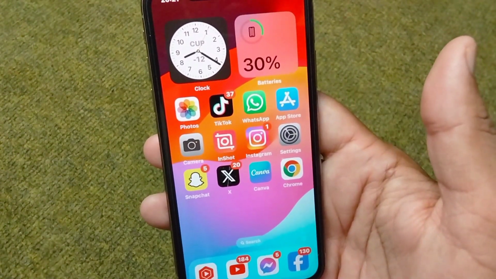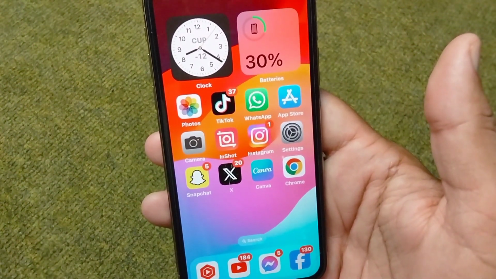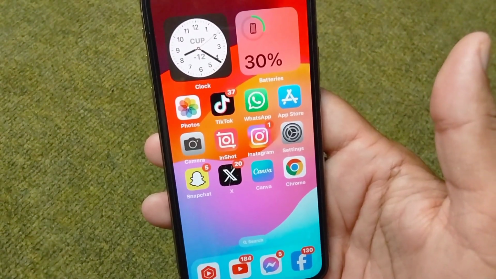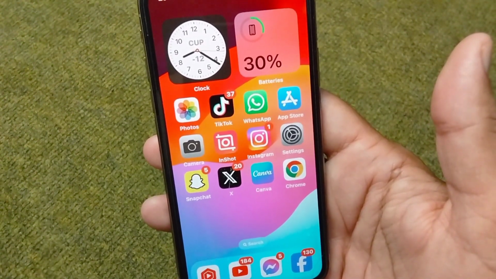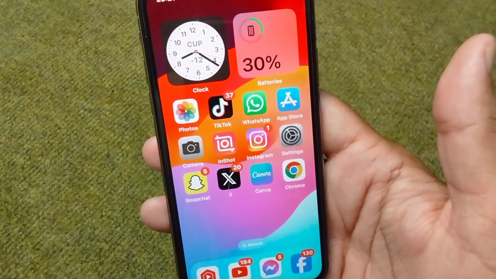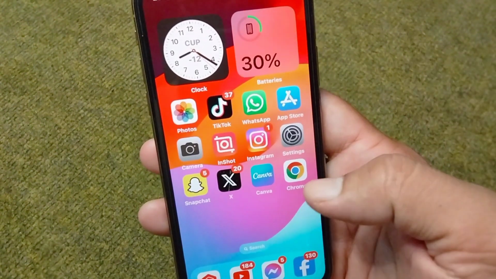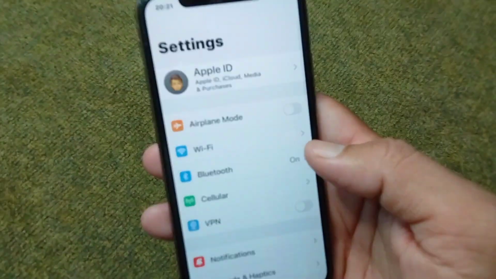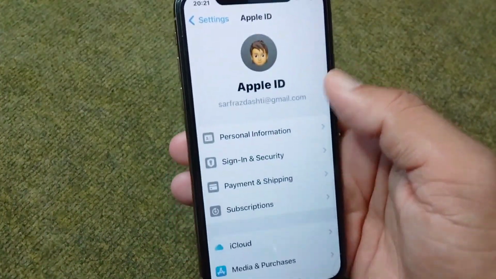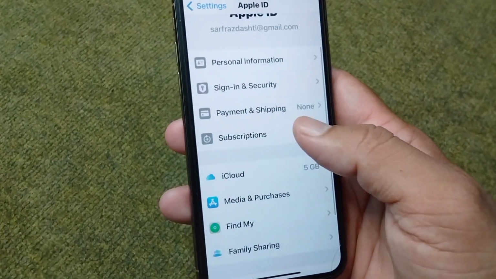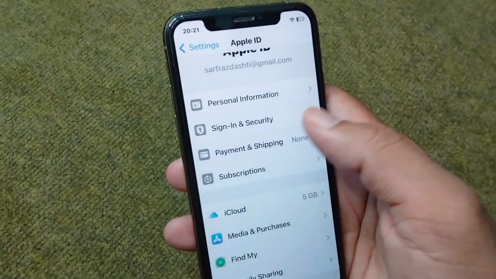So the very first solution is that you have to simply verify your payment method in your device. If there is any mistake in your payment method, simply verify it and fix it, and after this check if the problem is fixed or not. For that, simply open Settings on your device, open your Apple ID, and from here tap on Payment and Shipping